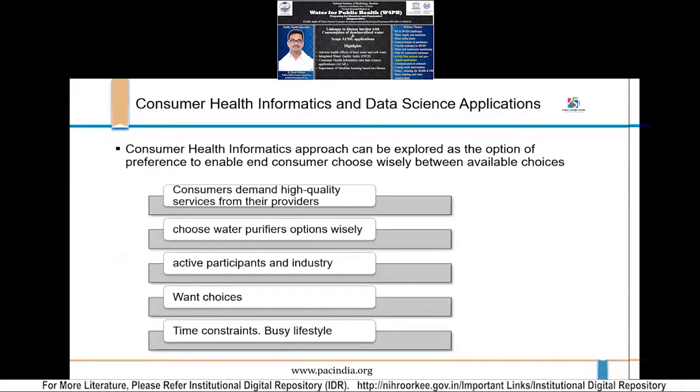They are putting more of their budget spends towards modifying consumer approaches and also modifying consumer decisions. Everyone wants choices. Even the industry wants choices. Even the general population wants choices, and there's also time constraint and busy lifestyle. Like, suppose